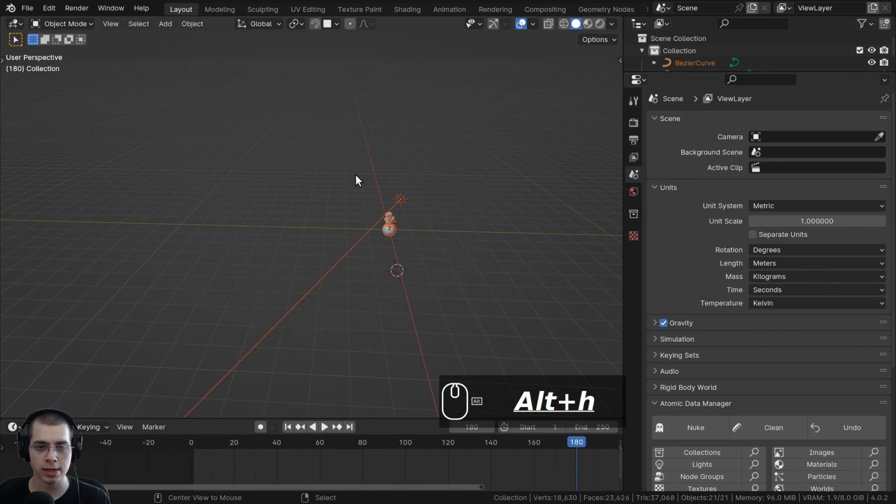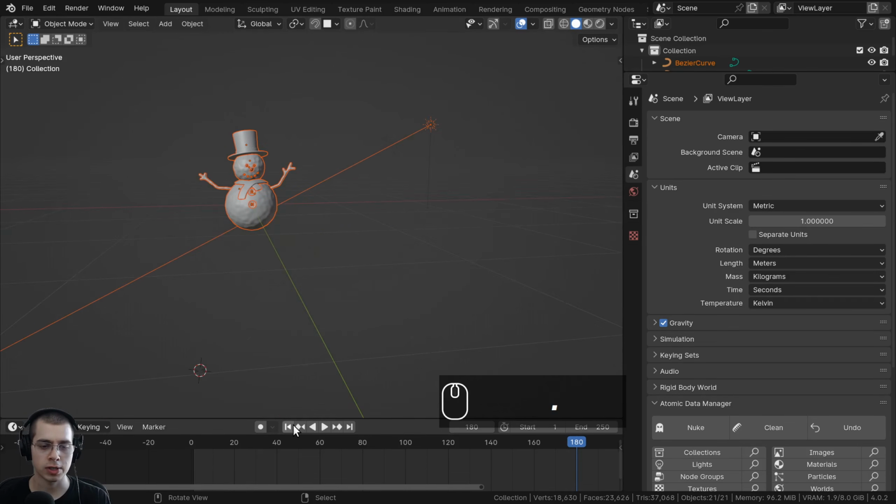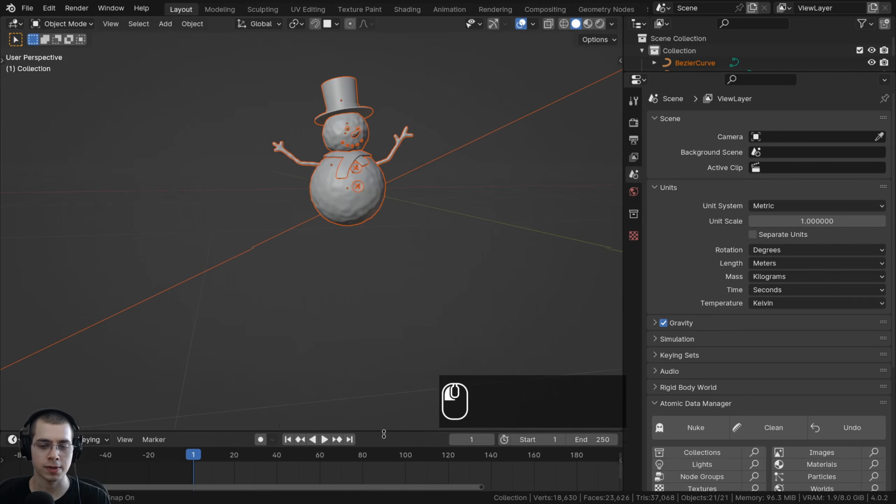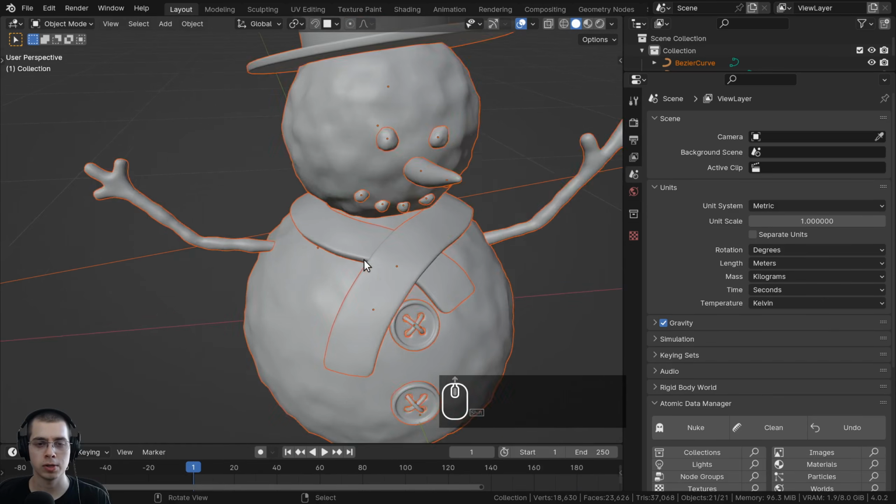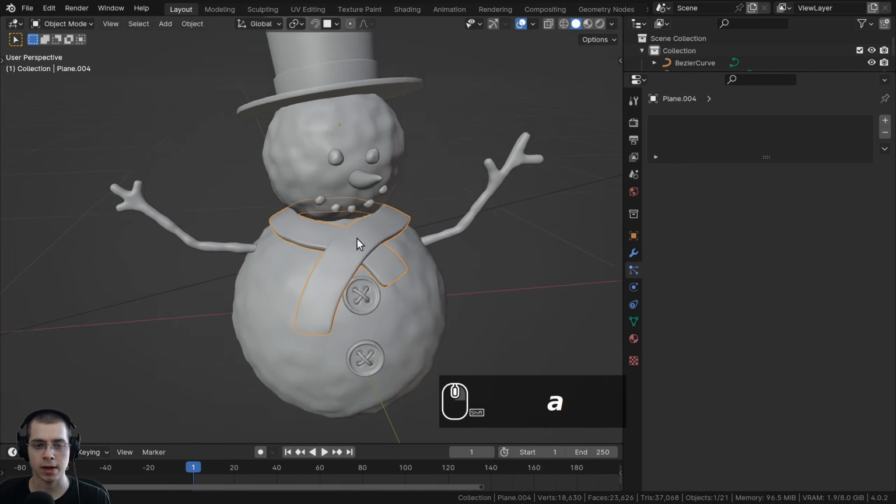Then I can press Alt-H to bring back our scene. I'll press the period on the numpad to zoom into it. We can just go back here to frame 1. We're not actually going to be using the timeline anymore. So let's just zoom into our object, and I can just select the object here, which we want to add